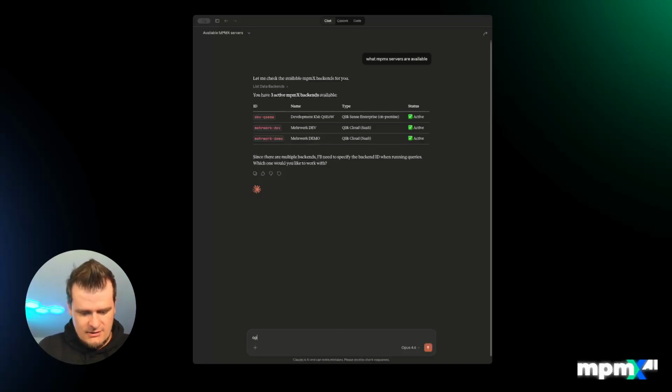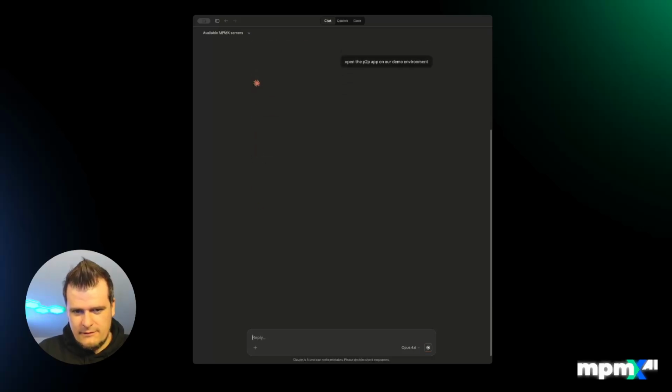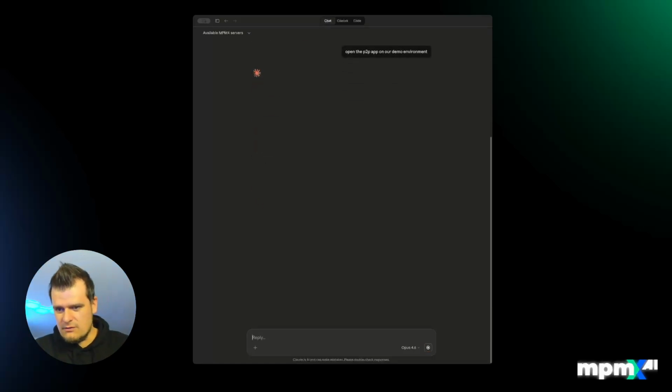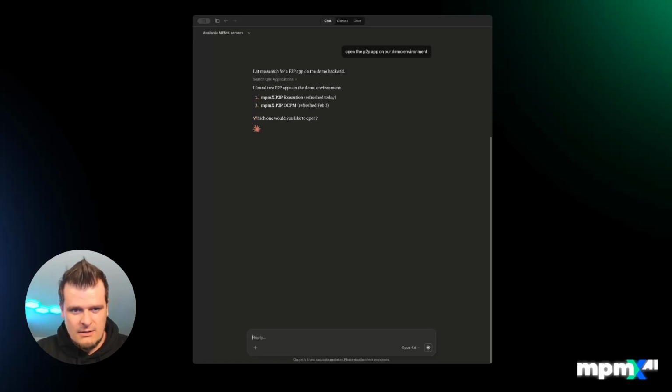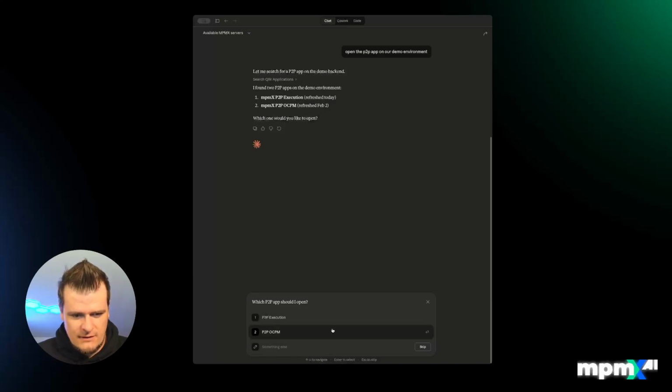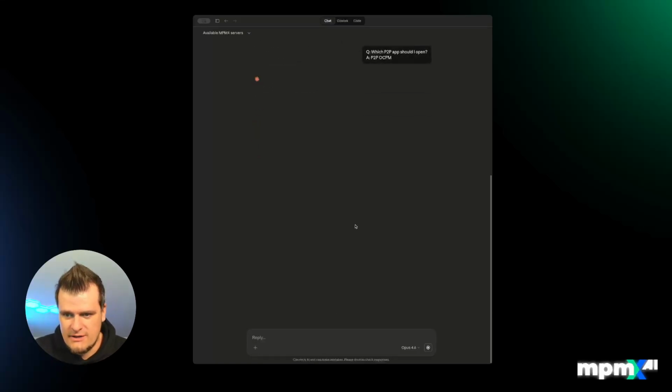So let's open the P2P app on our demo environment. So this will then log on to the respective environment. I've just called it demo now, not given it the full name because it's not necessary. And then we'll look if it can find an app with the name P2P. Didn't find one, found 2. So it asks me which one I would like to open. So it gives me an elicitation here, and I can choose the P2P OCPM now, which is the one that